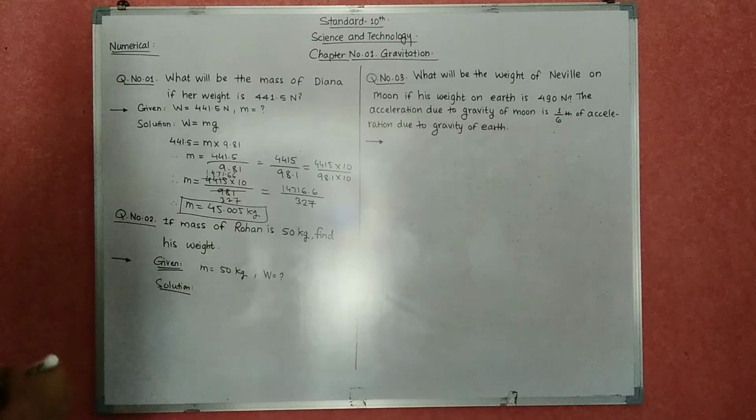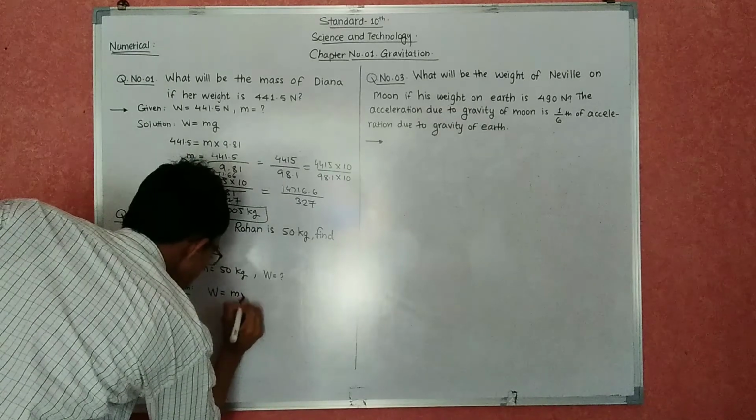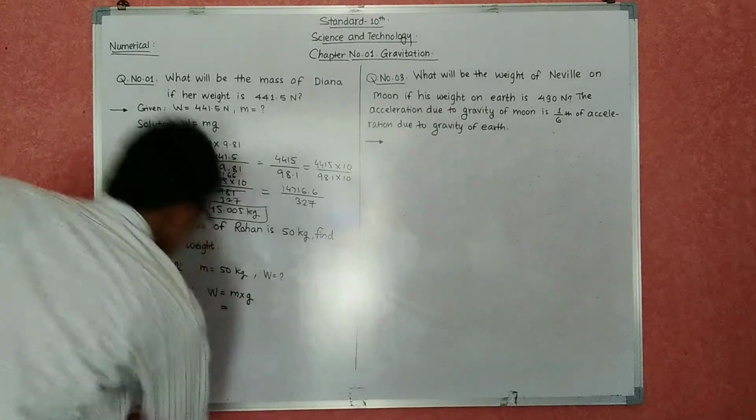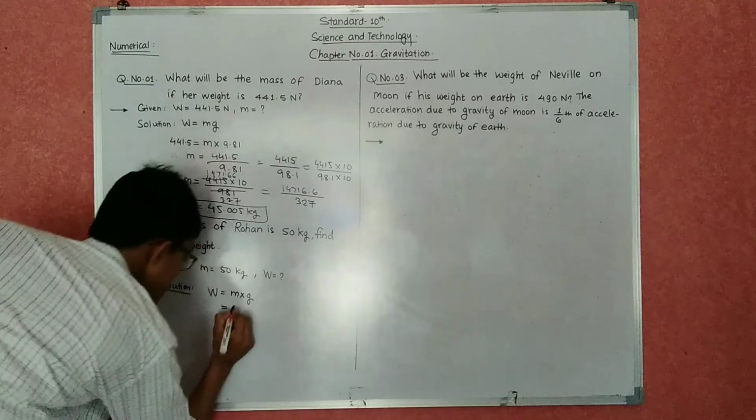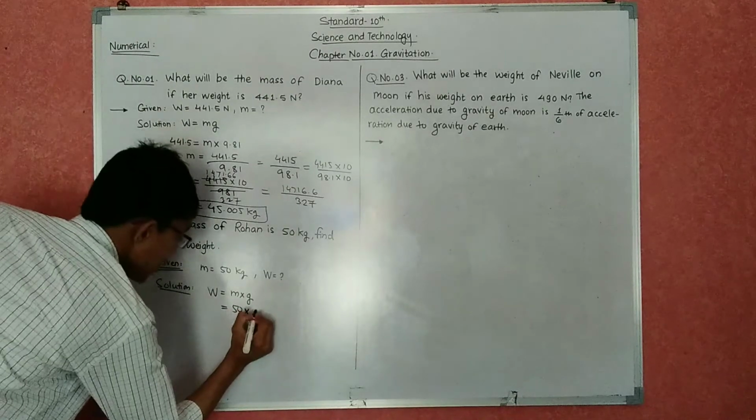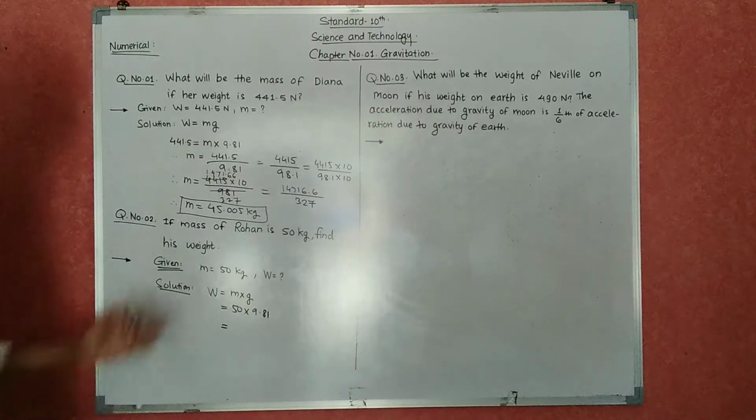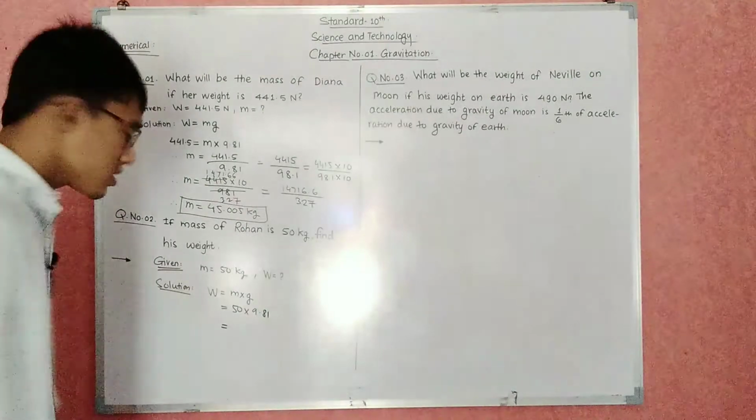Okay, so we need to write the solution for this one too. We know the formula: weight is equal to mass into acceleration due to gravity. What is the mass? It is 50, into the acceleration due to gravity of Earth, which is 9.81. That is equal to, now 50 into 9.81, it is